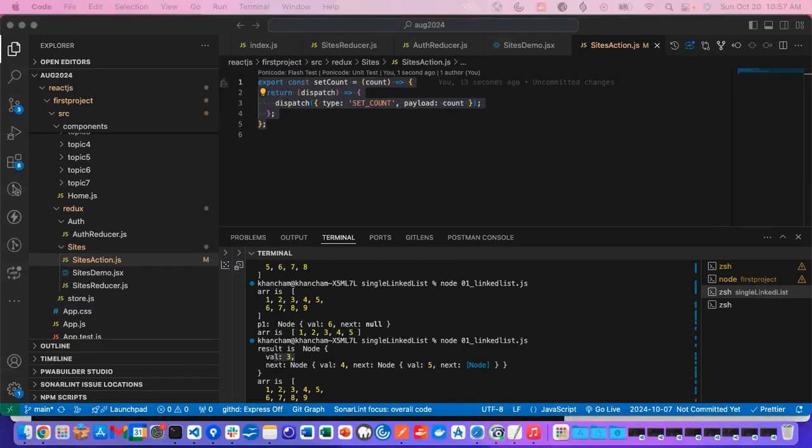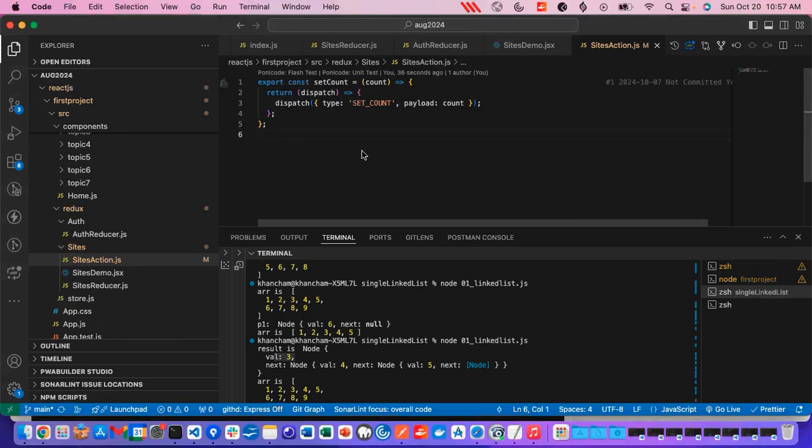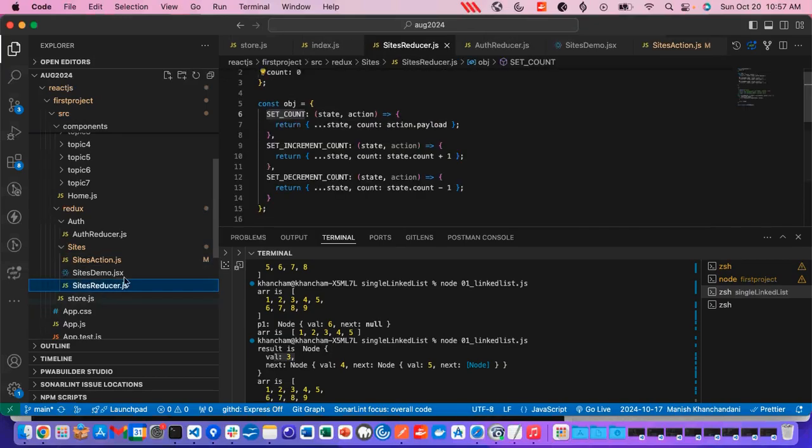So just remember, we have to create action based on the reducer, and all actions should match the reducer type, whichever type is there in the reducer, so that we can make use of that reducer. So whenever we want to call the set count, we will call this function. I'll pass some number, and this will dispatch with the type of set count and payload of the count,